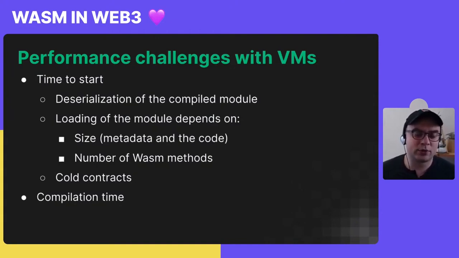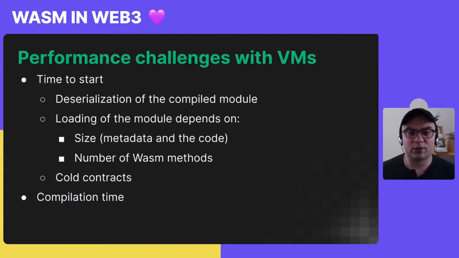It doesn't matter what kind of deserializer you use to store your compiled module. And there is also the contributing factor of the I/O cost. So in most cases, you're probably not going to be storing your compiled module in memory. You're probably going to be storing it on the disk. So the time that it takes to load it is a big contributor to the execution time of a smart contract. The loading of the module also depends on many variables in your virtual machine.